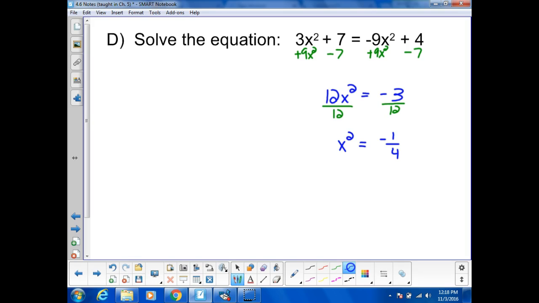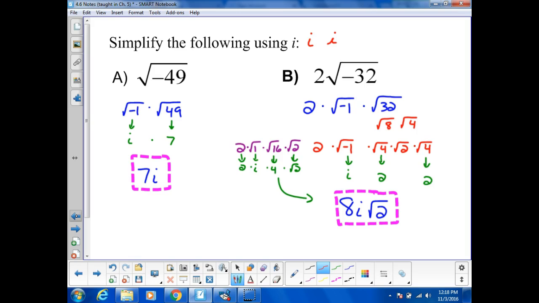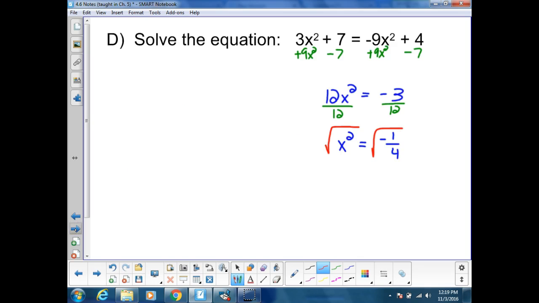Now what? Square root both sides. Whenever I'm taking the square root and I'm solving, which is different than what we were doing on this slide, where we were just evaluating, simplifying, if you will, so I'm only taking the principal root here. But when I'm solving equations and I take a square root, what do I have to remember? I have to remember the plus or minus. Okay? So we get x equals plus or minus